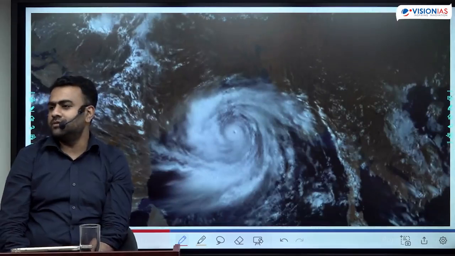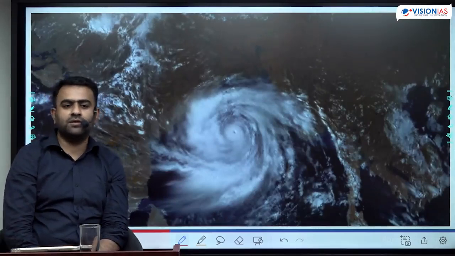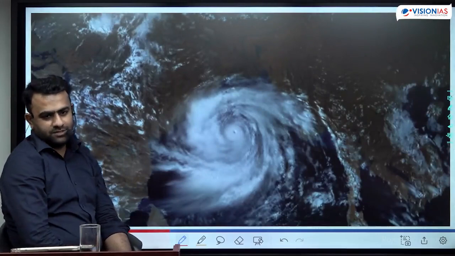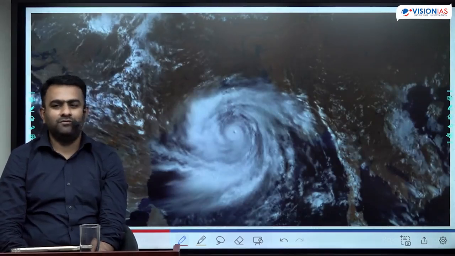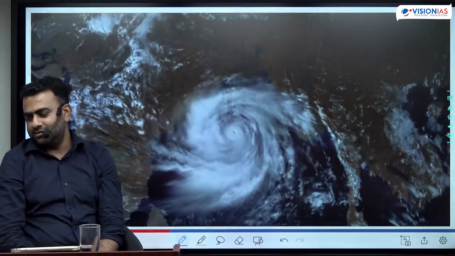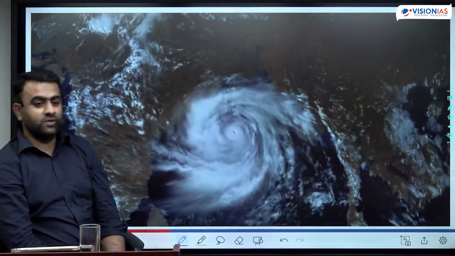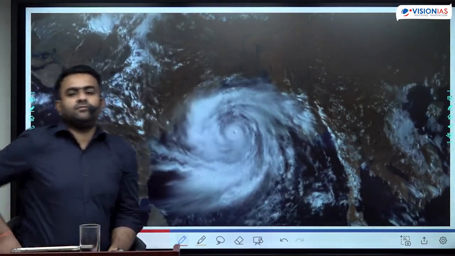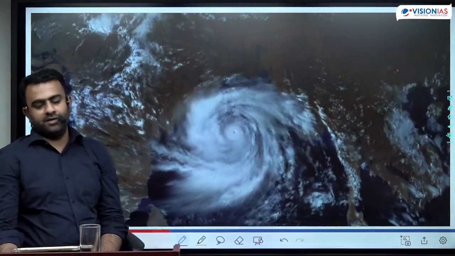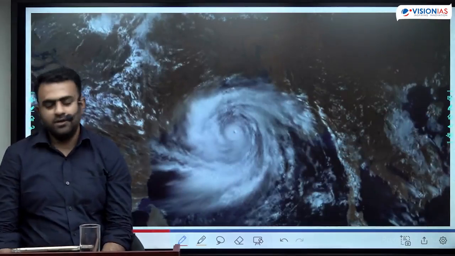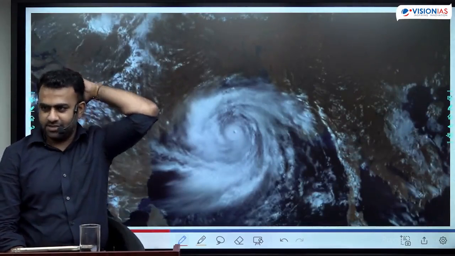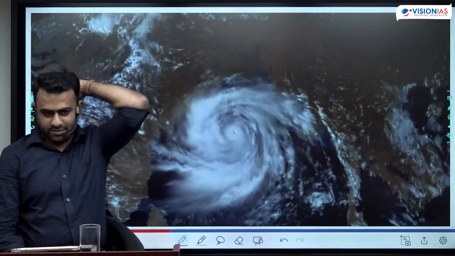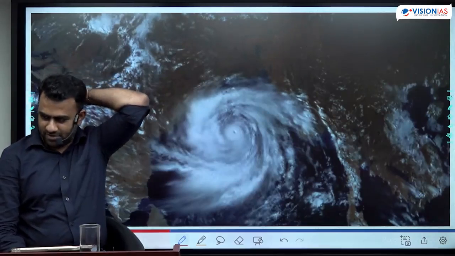For 2-3 months there was nothing. Everywhere water submergence, bridges collapsed, and flooded areas. There's no transportation. There's no electricity. Many people died in that. One of the most disastrous events which India had witnessed in recent times, 1999 super cyclone. I don't think any of you would remember that.